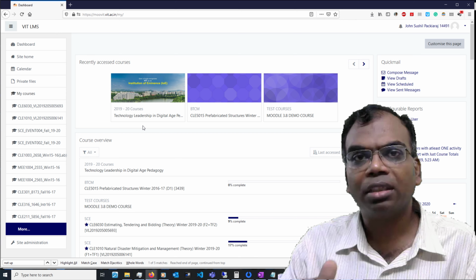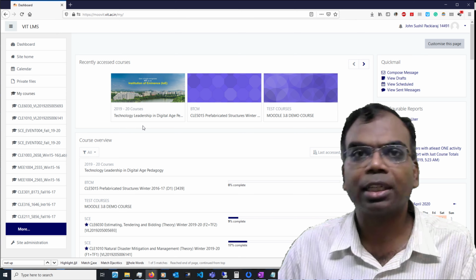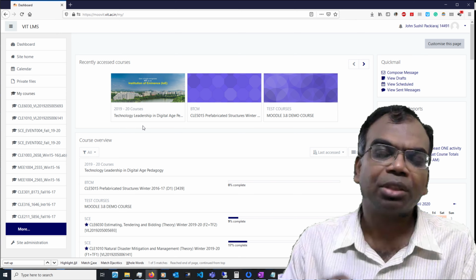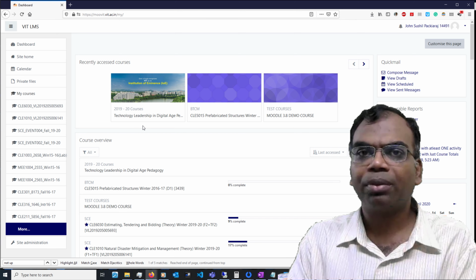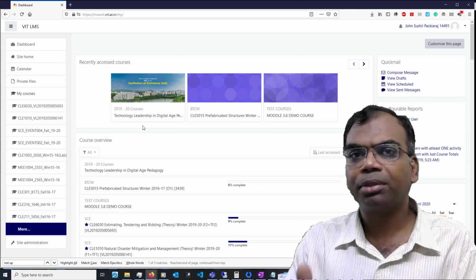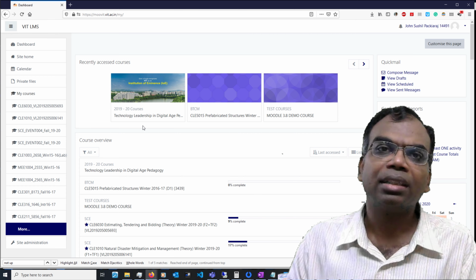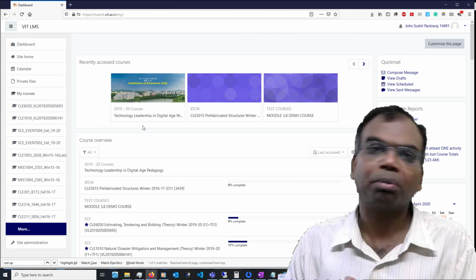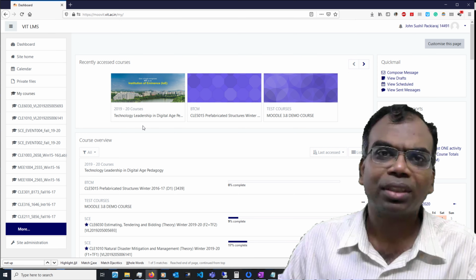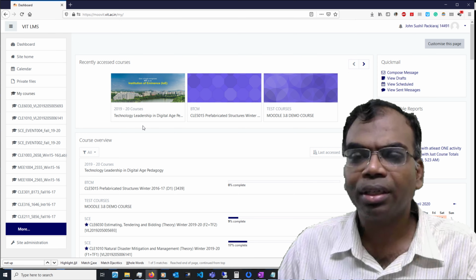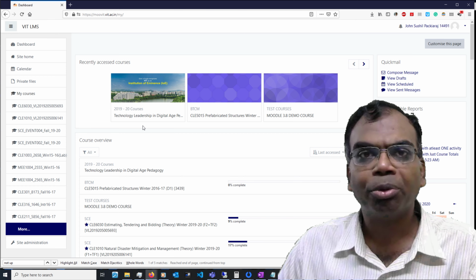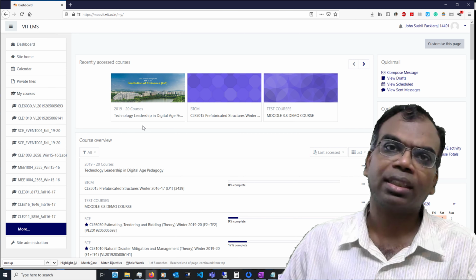We can limit the size of the files that can be uploaded. We can change it into a weekly format where per week the items can be shown or an assignment can be given. And this is what is usually done in most of the MOOC platforms. So a very powerful setup is available within Moodle even for MOOC kind of exercises.